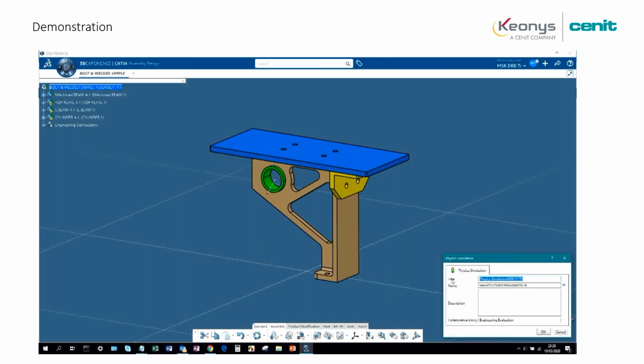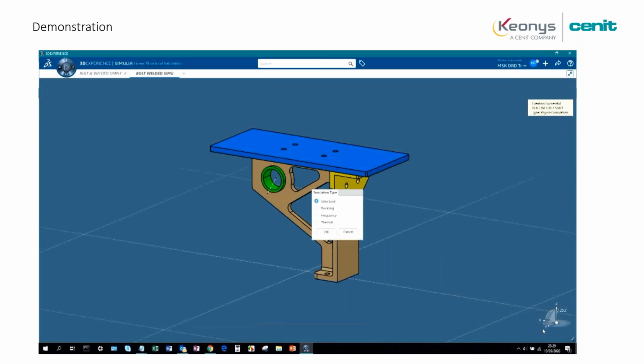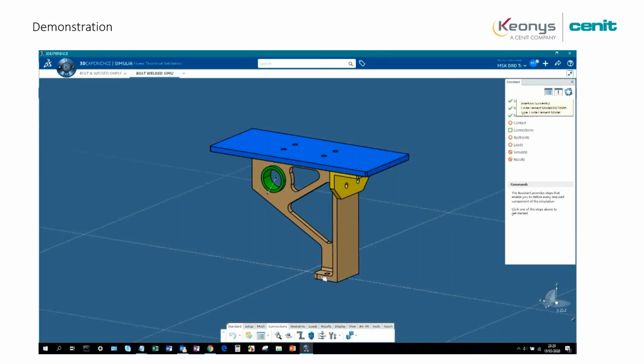So here we are creating the simulation data. It brings a new data model on the platform. It's called the MSR model. MSR stands for model, scenario, and results. We are selecting here the structural simulation type because we want to create a structural simulation.